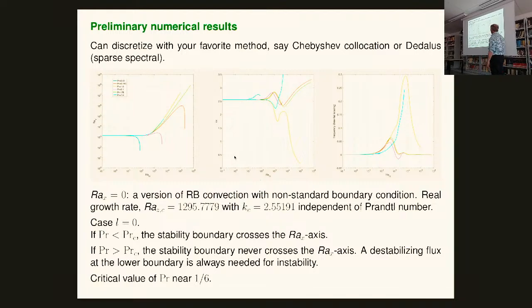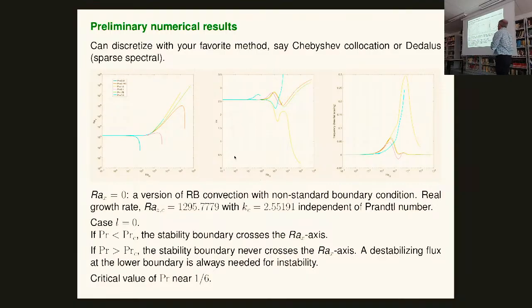But if your Prandtl number is big, what have I got here? I've got 1, I've got a 6th, then it seems to go up forever. So then your system will never be completely destabilized by horizontal Rayleigh numbers. It'll just be unstable when you force it hard enough at the bottom. There seems to be a distinction with these Prandtl numbers.